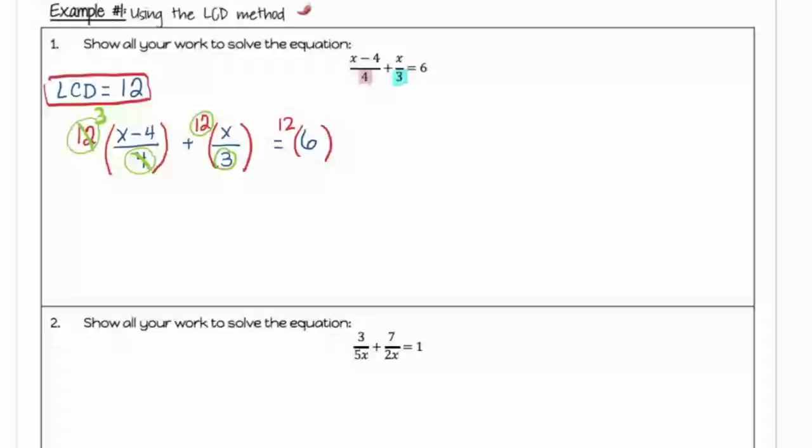What is 12 divided by 3? 4. So this denominator gets canceled out and I'm left with a whole number of 4. For the 6, there is no denominator, so there's nothing I could cancel out. Now I'm left with 3 parentheses x minus 4 plus 4 times x, I'll leave it in parentheses, equals 12